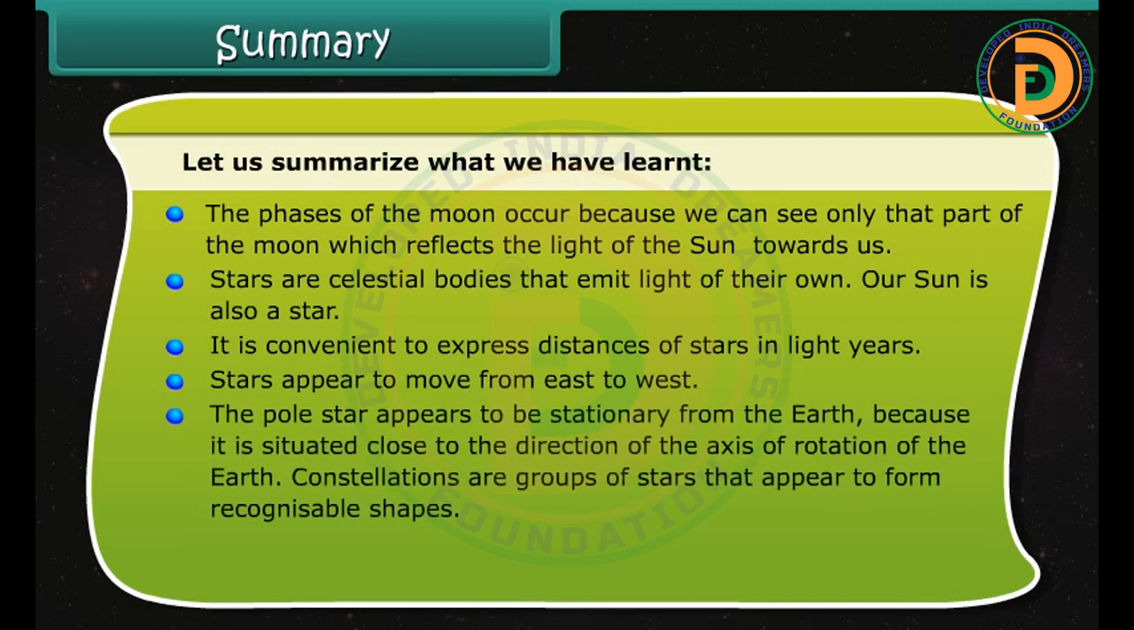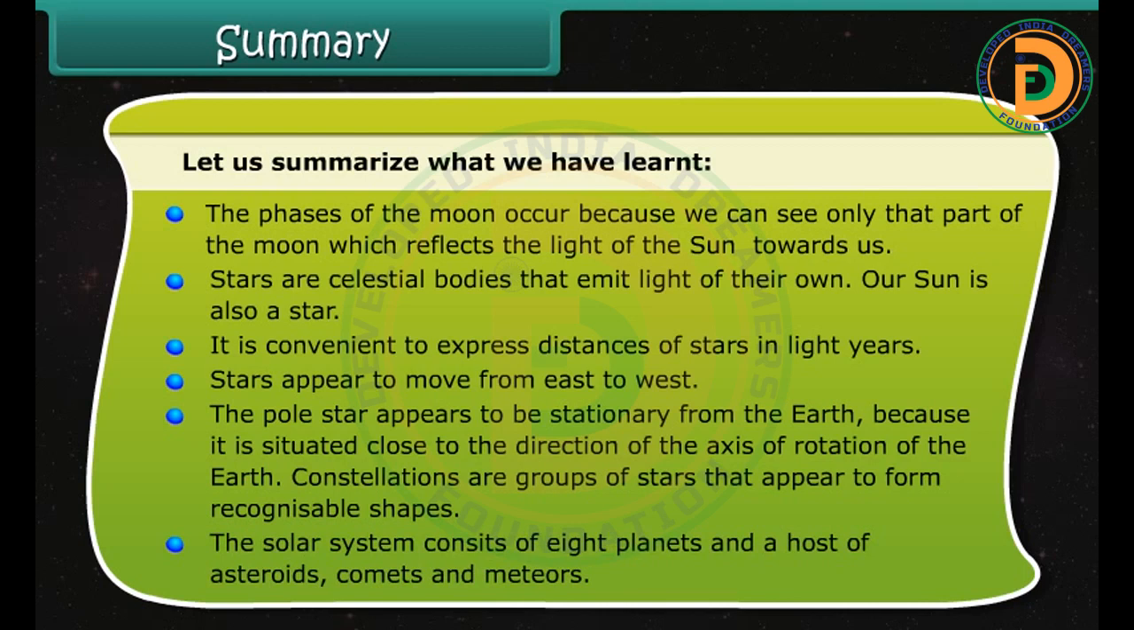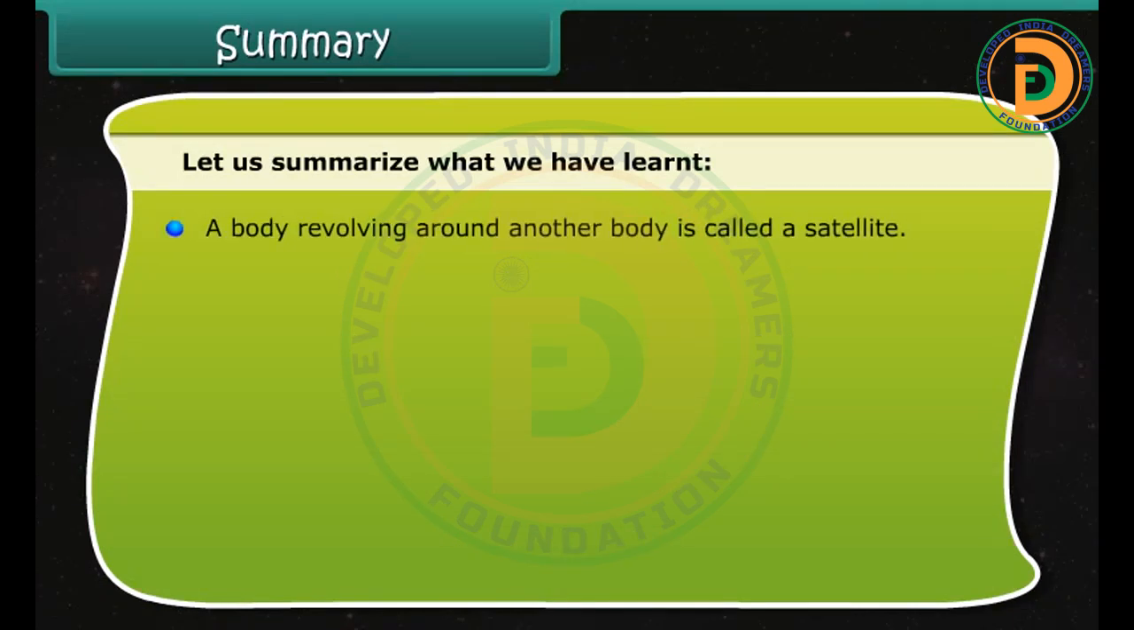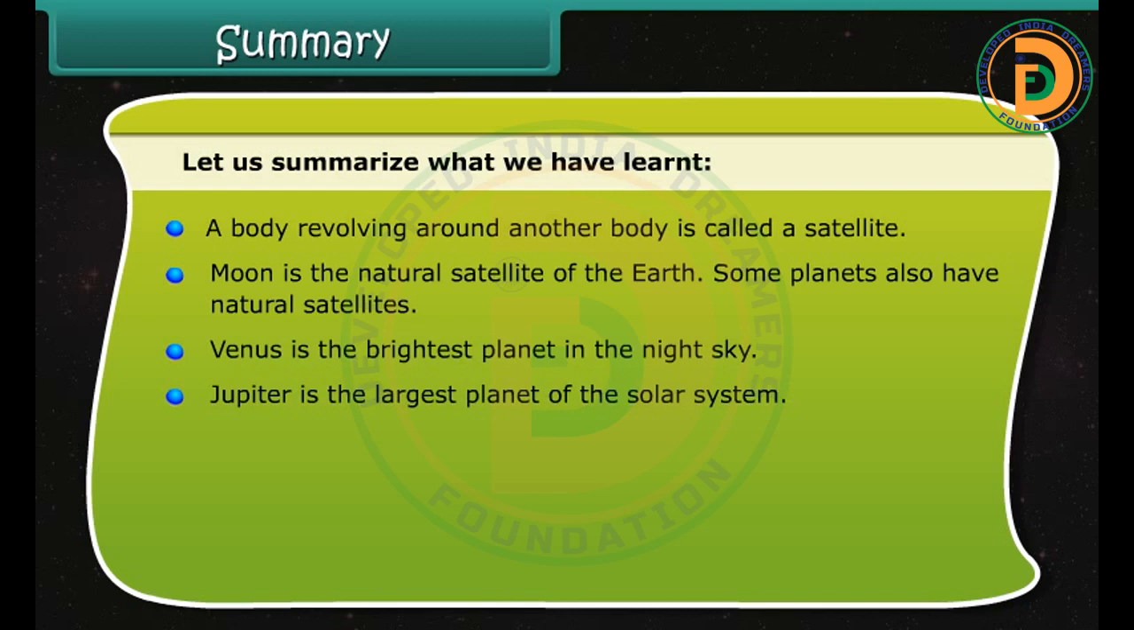The pole star appears to be stationary from the earth because it is situated close to the direction of the axis of rotation of the earth. Constellations are a group of stars that appear to form recognizable shapes. The solar system consists of 8 planets and a host of asteroids, comets, and meteors. A body revolving around another body is called a satellite. Moon is the natural satellite of the Earth. Some planets also have natural satellites. Venus is the brightest planet in the night sky. Jupiter is the largest planet of the solar system. The artificial